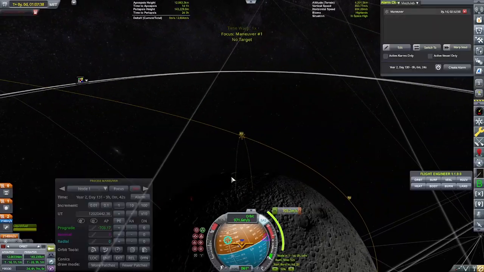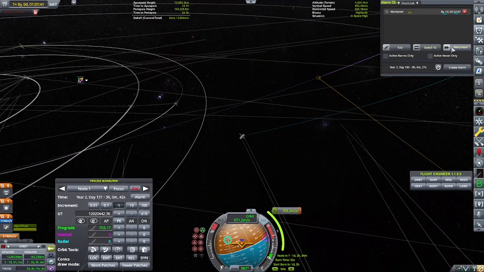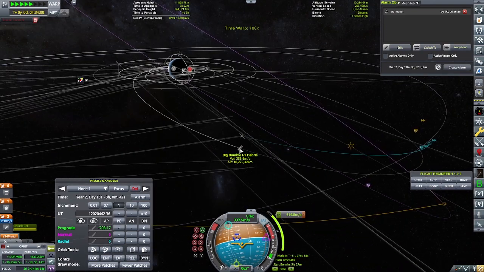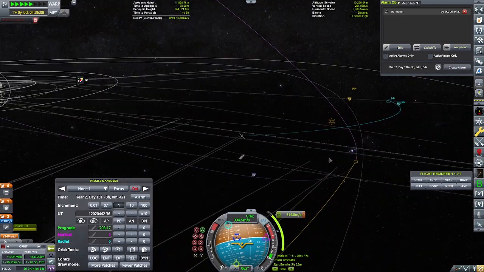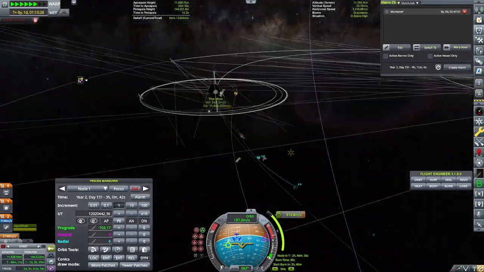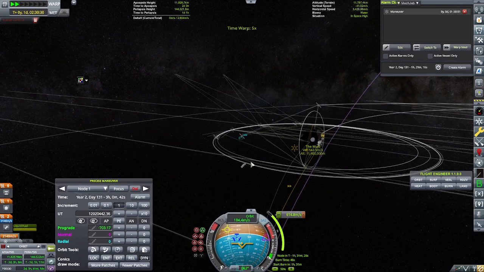So yeah, time warping while in the pro control room is not always the best idea. Sometimes it will glitch you out. Oh yeah, that lower stage, that debris right there is the lower stage of the rocket, and we're watching it float with us to see how it's going to impact the Mun. I was hoping that we could get some science from the seismographer that we have on the surface, but I think we might have